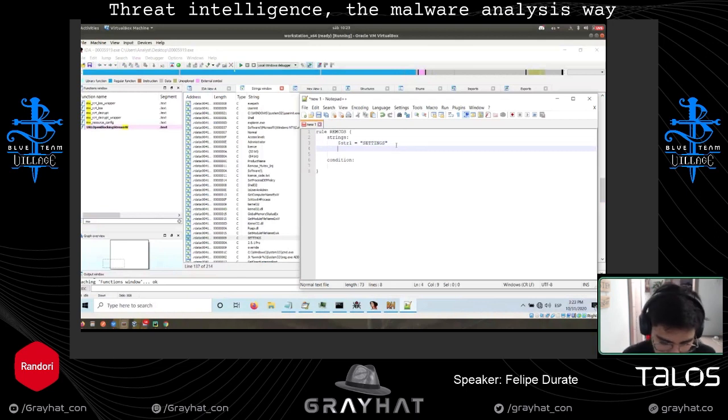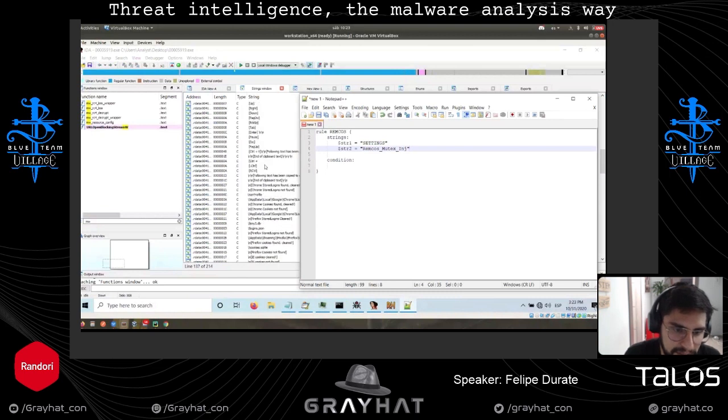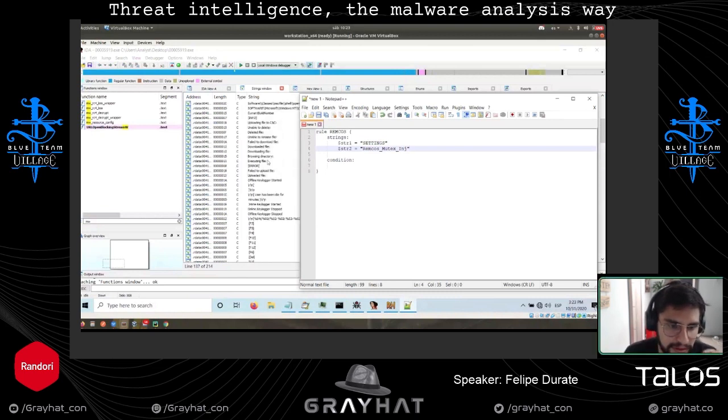The other one could be Rencos mutex. Next one, let's add a third one just in case. I don't know, I'm going to add whatever. This is just a very basic rule, just for you to understand how this will work.